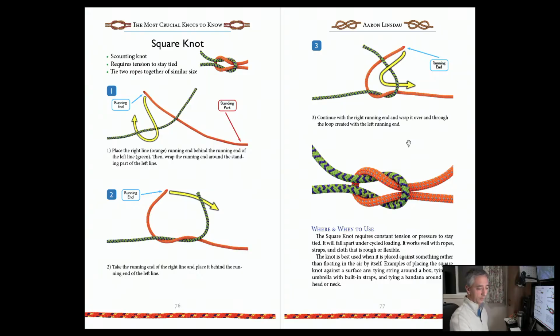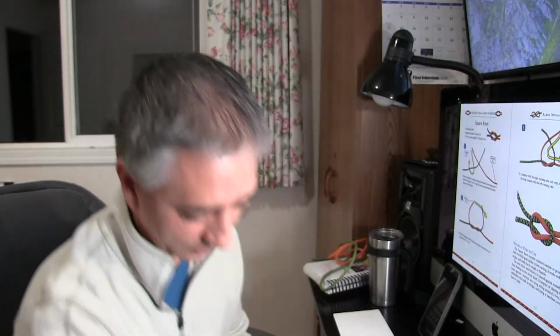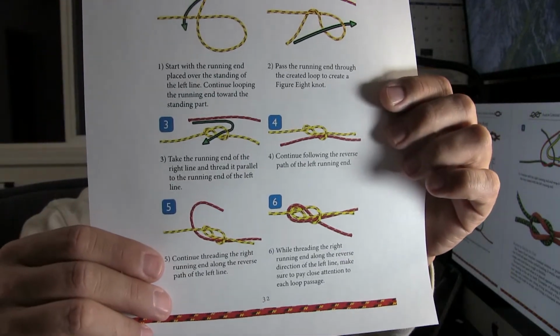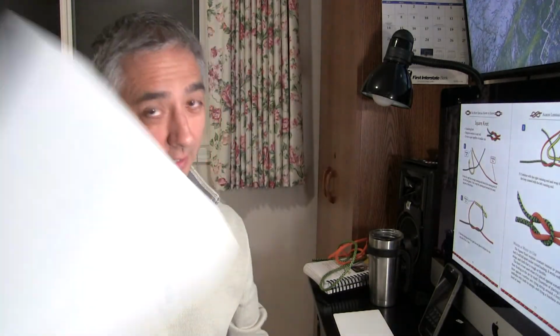And as I've worked on this book, I've actually changed the labels multiple times for better clarity because I use my laser printer. I've got a color laser printer. I print this up at 100% full scale. Let's see, do I have one? Oh, yeah, check it out. So I actually print my book up at full scale in color, and that way I can read and look at the pictures and see, hey, does this actually make sense, or is this actually junk? This is the figure 8 bend or the Flemish bend. And that way I can actually do some readability tests to see, is this junk, is this working, or whatever else. So definitely got to do that. And also, color printing is critical for a color book. If I print this in black and white, even though it looks fine on the screen, when it goes to print, sometimes...